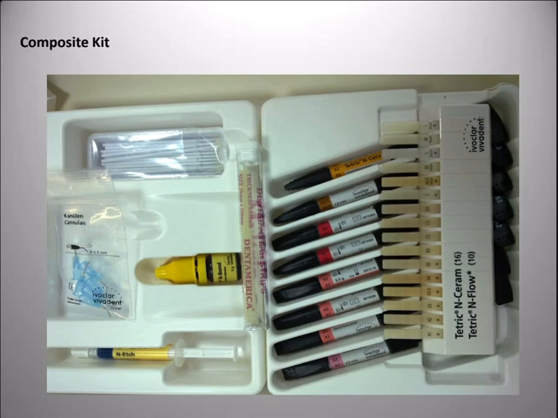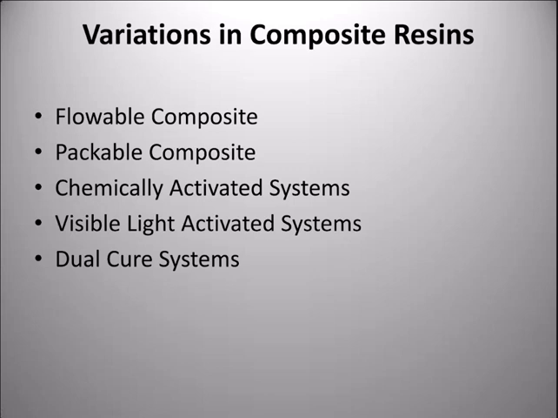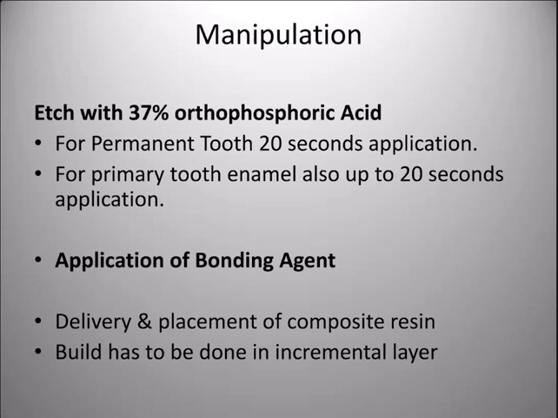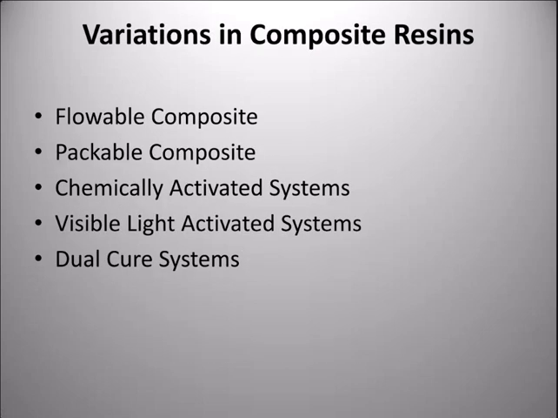So this is a composite kit. It comes with an etchant, a bonding agent, all those things. I think you already know regarding this, the steps. I think I have a slide. Yeah, it is there. So we'll discuss it. Now coming to the modifications or variations in composite resin, we have flowable composite, which has more flow property and can be used in areas where there is pit and fissure caries,